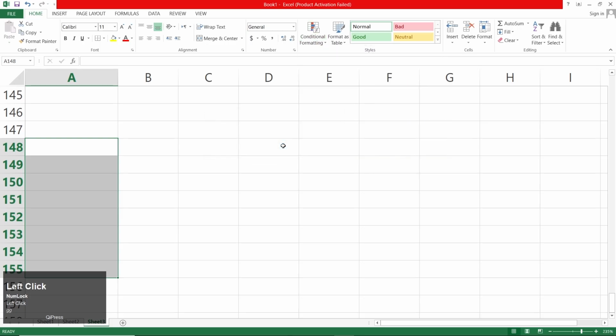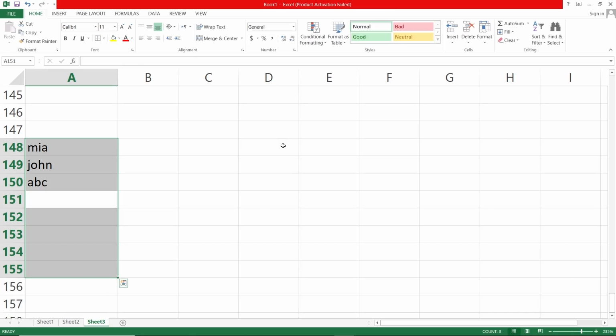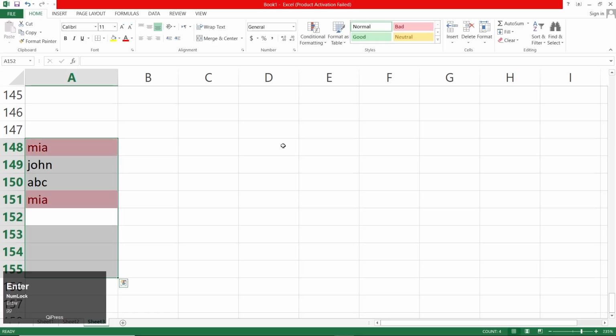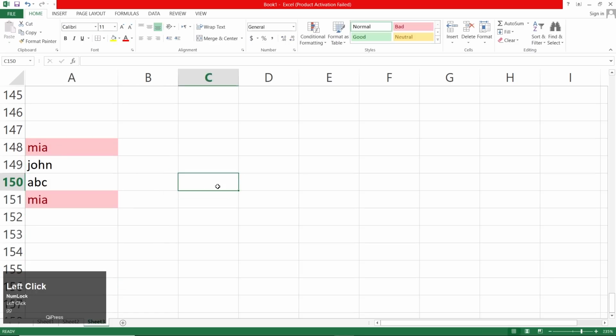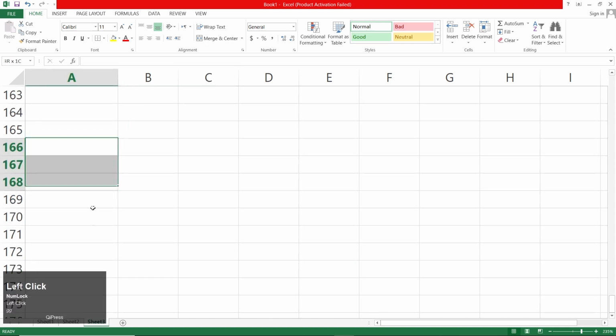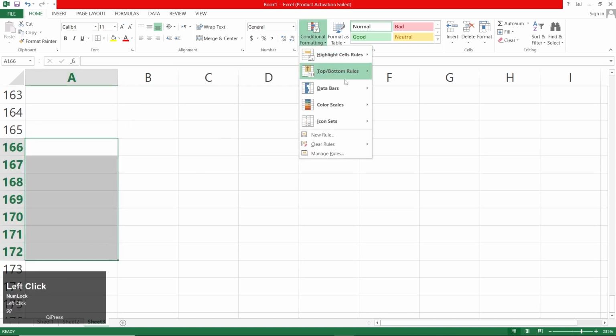Duplicate values are something that if you want to type something that is used twice, meaning 2 times, will not be accepted. For example, Mia, John, ABC, these 3 names I have typed, but if I go for Mia once again, it will be converting that to red and highlighting that. So let's try to continue that and go for